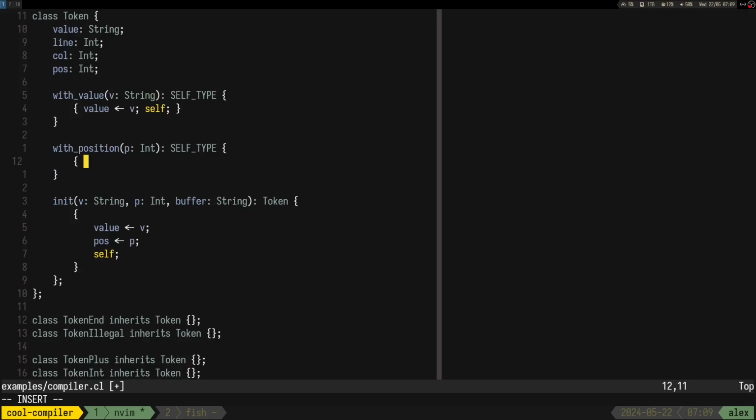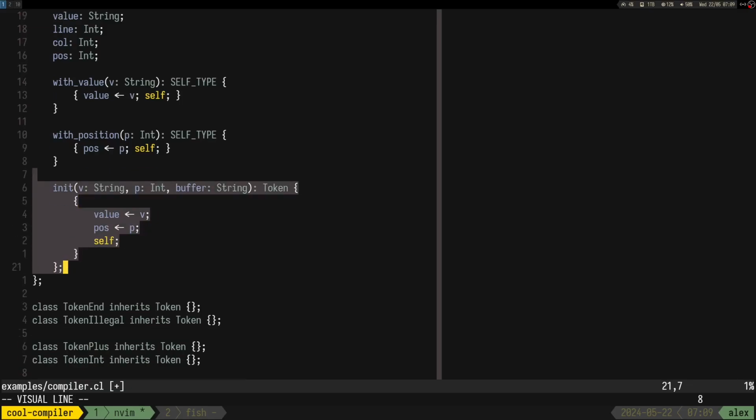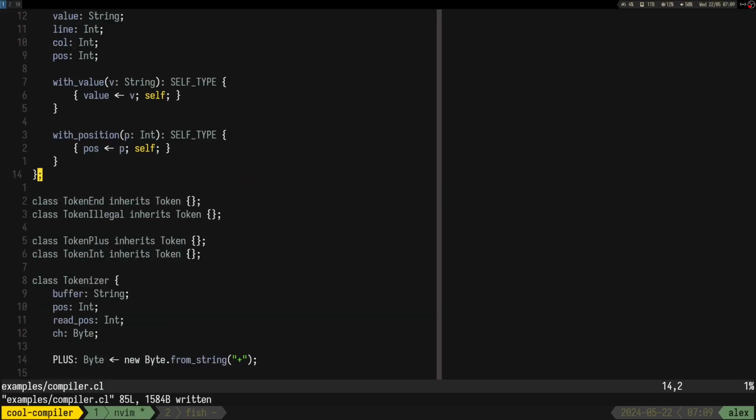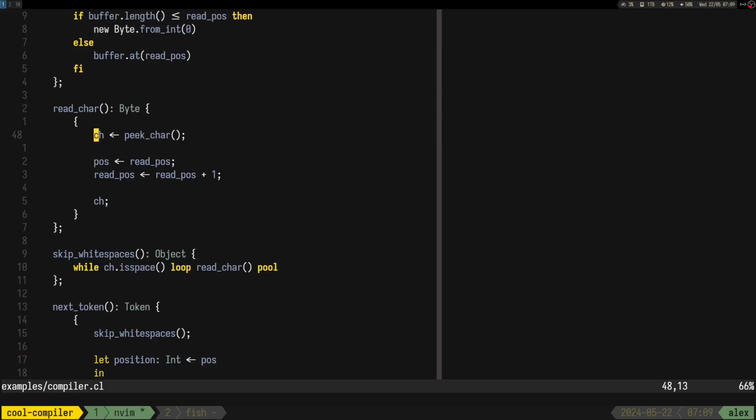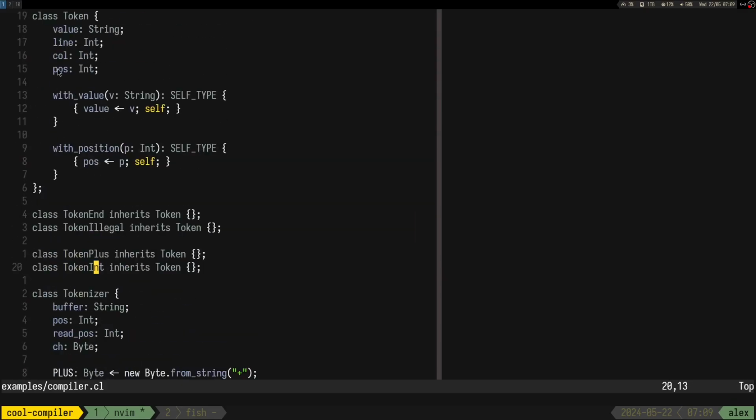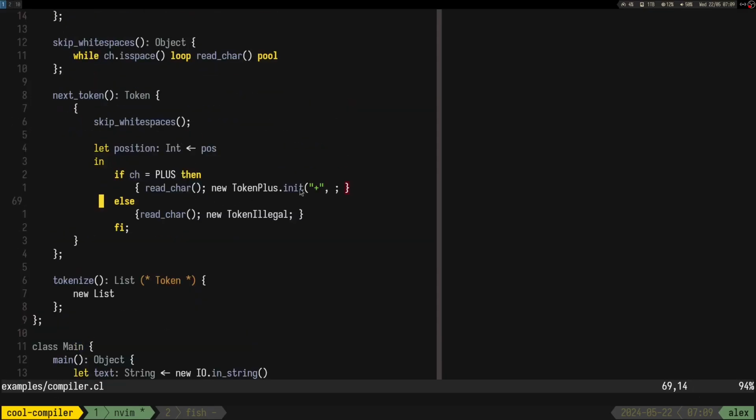Okay, and we have pos is equal to p and then self, and no longer init. We'll see with the line and the column. I think it's gonna be separate. So yeah. So this can be with position, and I give it position.